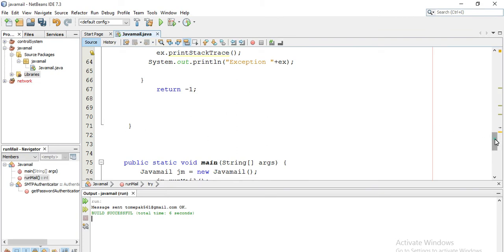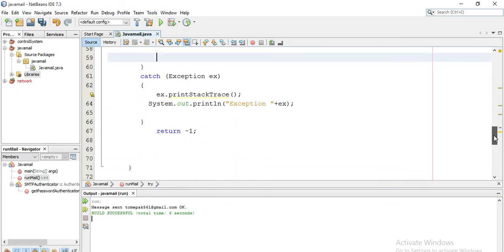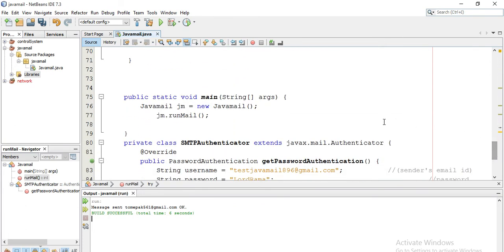Before closing the main class, the JavaMail class, we need to write the main method. This is the public static void main. This is the main method, and every Java program starts from main. Here we create the object and call the run mail method, the run mail function.